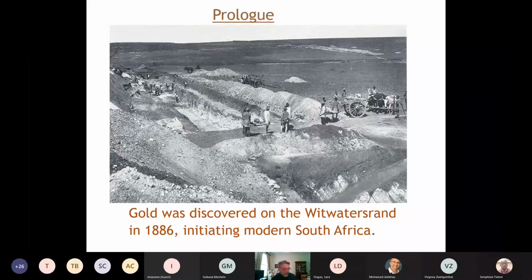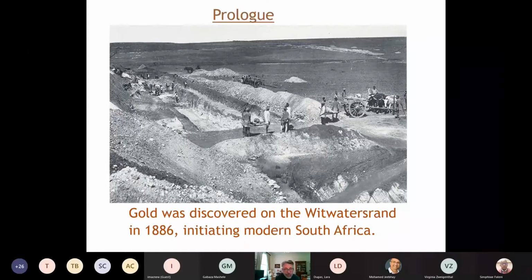So gold was discovered on the Witwatersrand in 1886, and one could say, I think, confidently, that this really initiated modern South Africa. So we don't know how many men, and they were mainly men, passed through the gold mining industry in the past 135 years, but I think we can confidently say it was in the millions. We have, however, a much more accurate figure from work we did in recent years using the recruiting company database. For the gold mining industry alone, it was 1.2 million between 1973 and 2013.